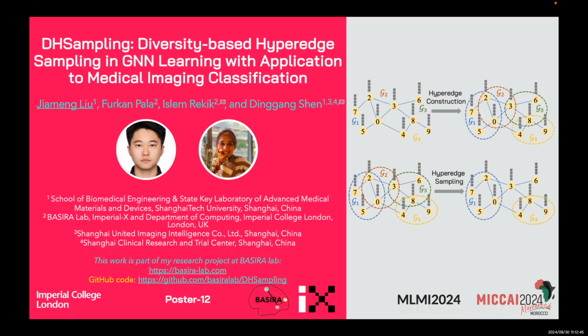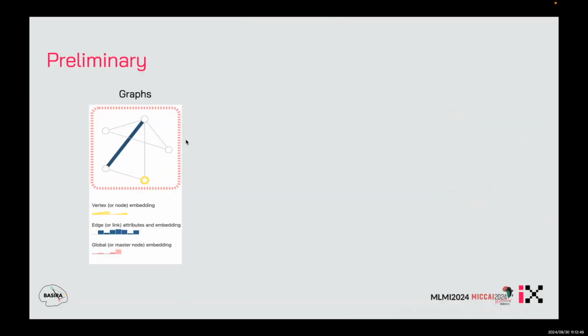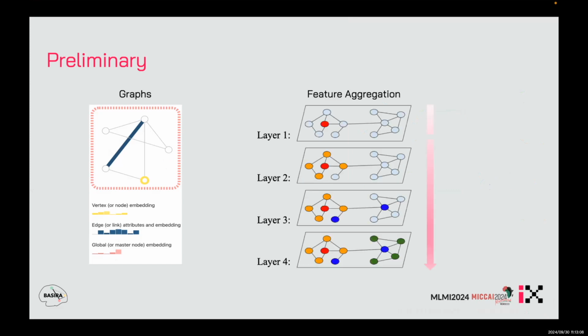To begin with, I will introduce some preliminaries for the graph. It may include the nodes and also the relations among different nodes. We call these relations edges or links. They may link all the nodes into a large graph. The feature aggregation process in the classic graph neural networks, it may